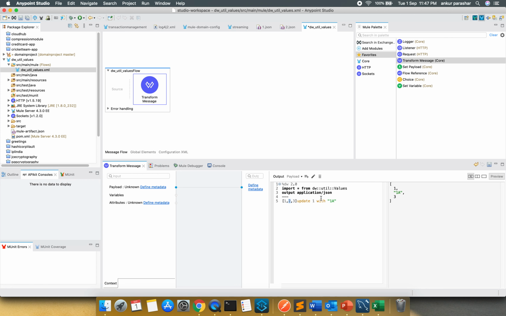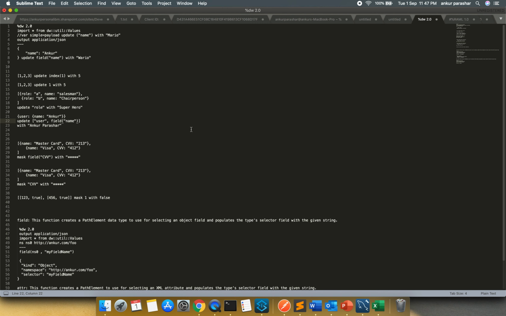Here I have given the index directly without brackets. You can also put this in brackets and it will mean the same thing. Just take an example of the 0th position: 1A is being updated for the value 1 which is placed at index 0. Now let me take this example.